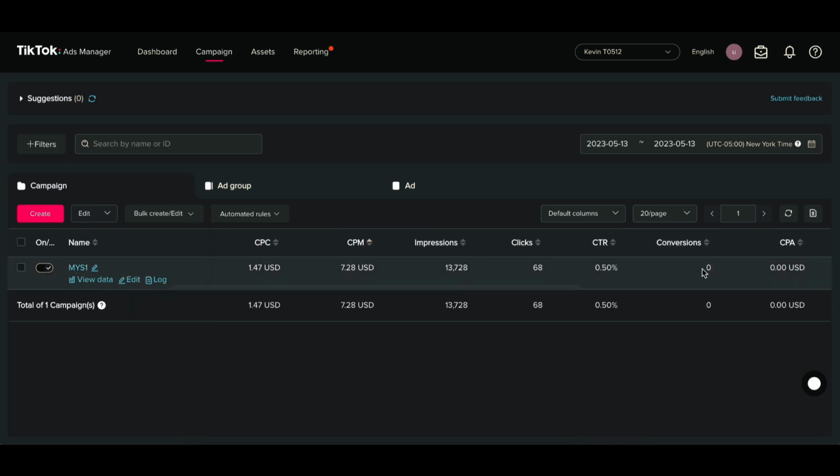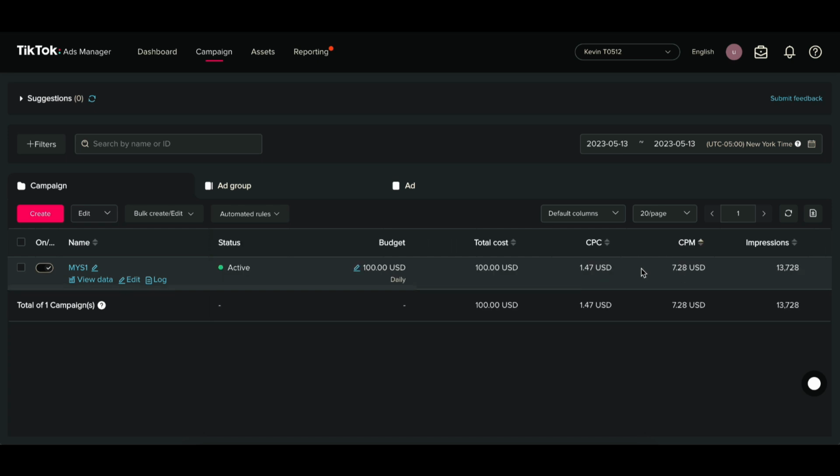And right here it does say 0, but we did get 1 conversion, and I'll throw that screenshot up real quick right now. So we did get 1 conversion. As a little background, this is a business that I had open before. We definitely could probably get more sales with a bigger budget and more testing. There were certain ads that I felt like I could have turned off, but I wanted to just let it run for you guys,